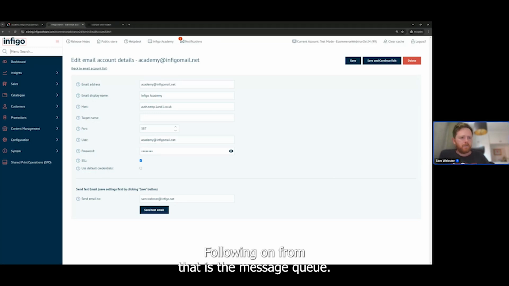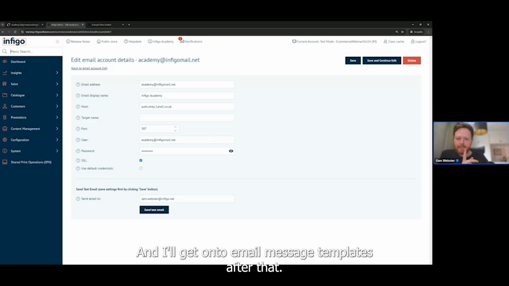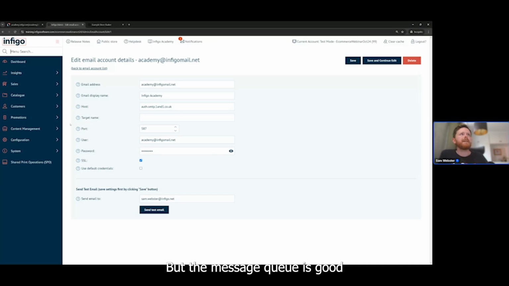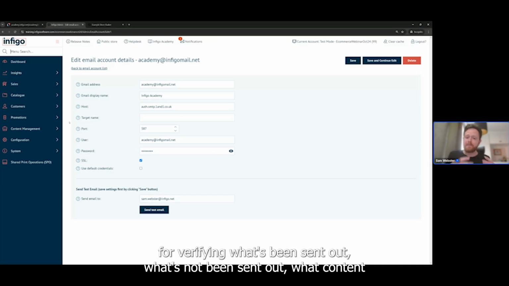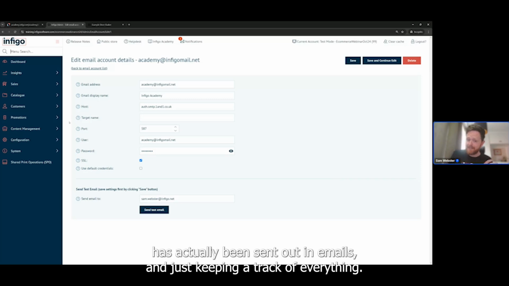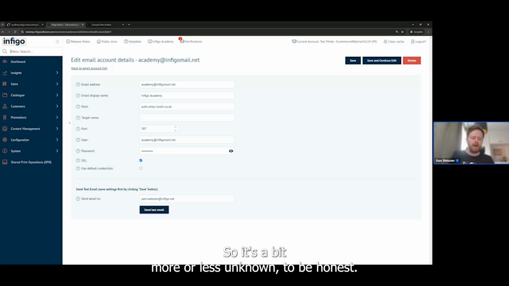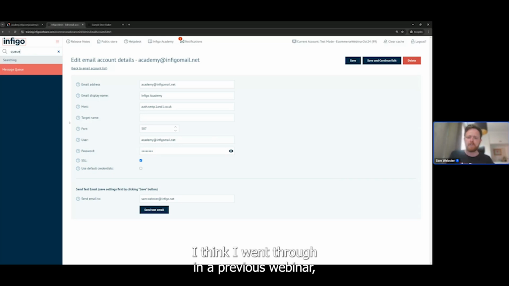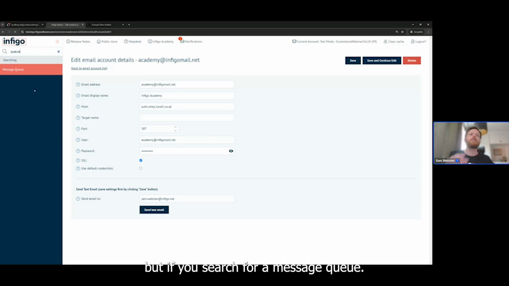Okay, following on from that is the message queue, and I'll get onto email message templates after that. But the message queue is good for verifying what's been sent out, what's not been sent out, what content has actually been sent out in emails, and just keeping track of everything. So it's a bit more lesser known, to be honest. I think I went through it in a previous webinar. But if you search for message queue,